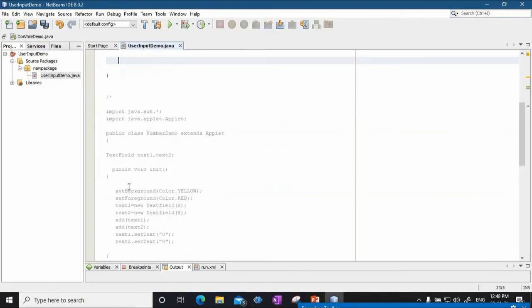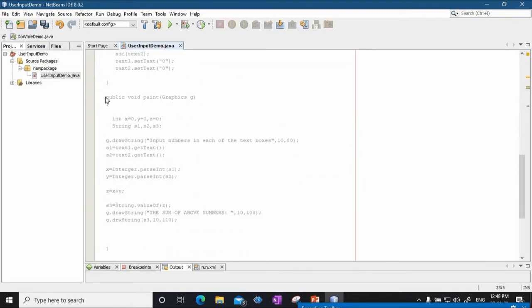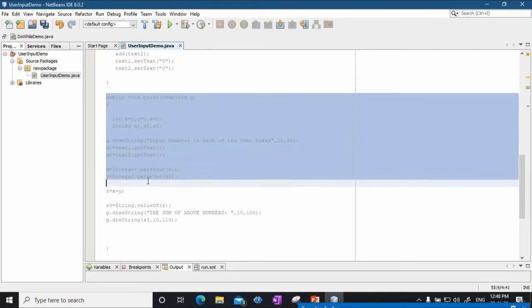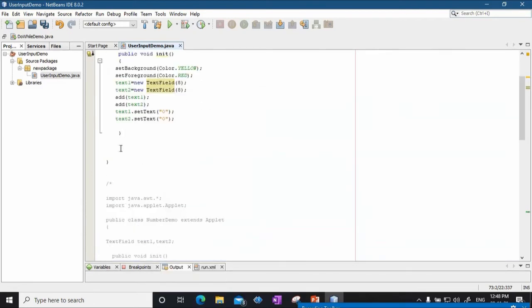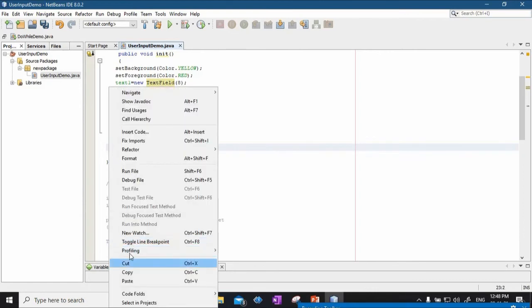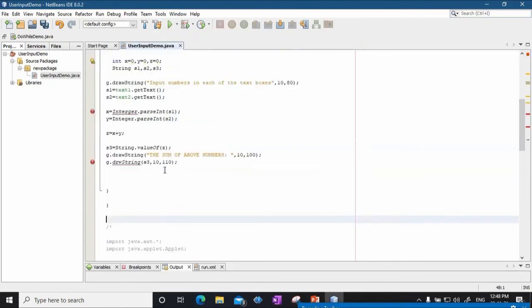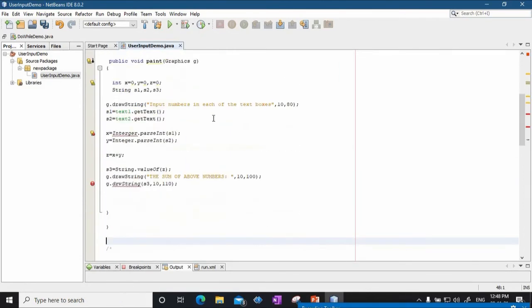Now after the init method comes your paint method. So I will copy this full paint method as it is, and I'm going to paste it here. Let's see whether there is any error.